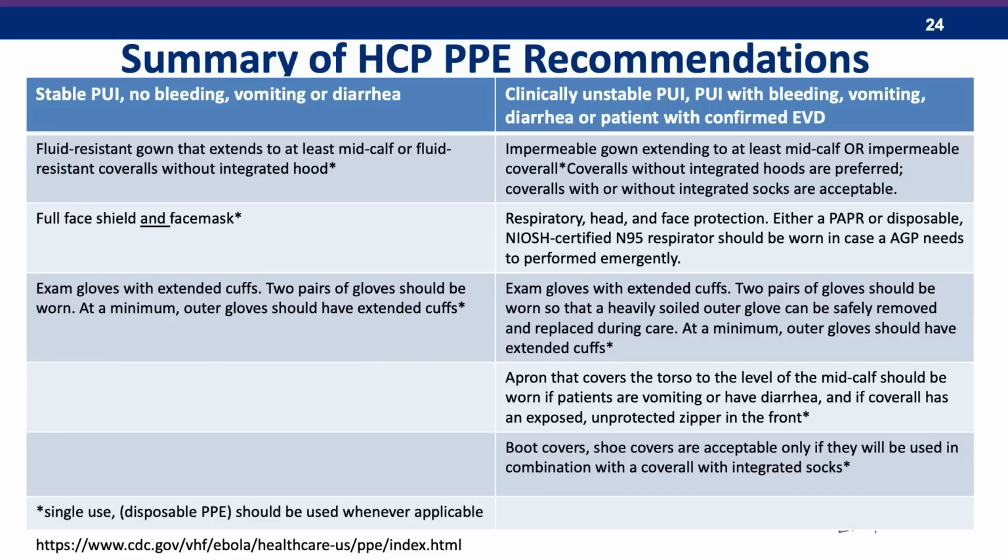So the first slide you see here is a summary of healthcare personnel PPE recommendations. And there are a few things I want you to notice about this slide. Both columns are for PPE to be used with patients under investigation, or PUIs. Now, ideally, you will know ahead of time if a patient presents whether they are a PUI or not. But we understand that there may be situations when a patient shows up and you're still in conversations with the local health department or us at the state about whether they need to be considered a PUI. These PPE recommendations also could be used for those patients if there is a lot of suspicion that they might end up being a PUI.